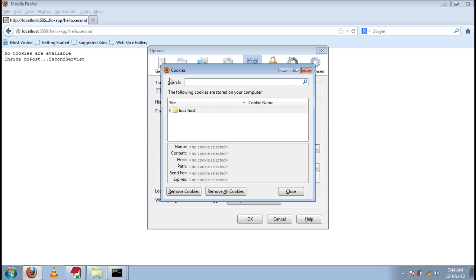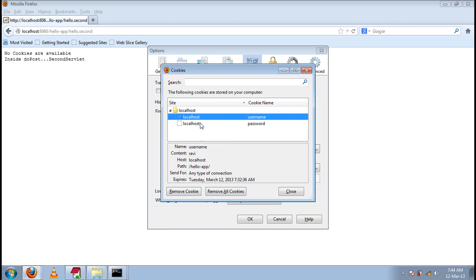Some cookies are available here. Username and password are available, this is the name of the cookie, and this is the content of the cookie, and these cookies are available for this web application. Cookie information will be displayed in the browser.